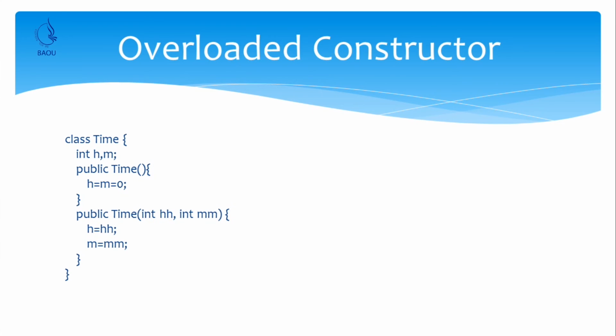Now, we take examples of overloaded constructors. We discussed these in the last lecture also. So, here we have a class Time with two class variables, hours and minutes. The first constructor will initialize both values to 0, and the second constructor initializes these two class variables by the arguments provided. So, this is how we can define overloaded constructors. You can have another constructor which initializes only one value. So, this is how we can define overloaded constructors.